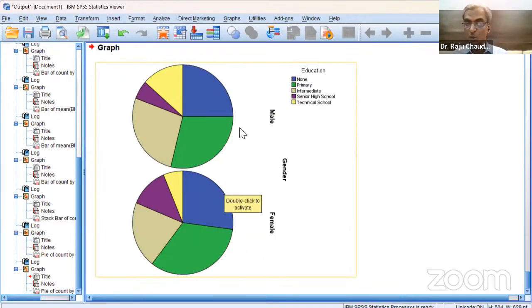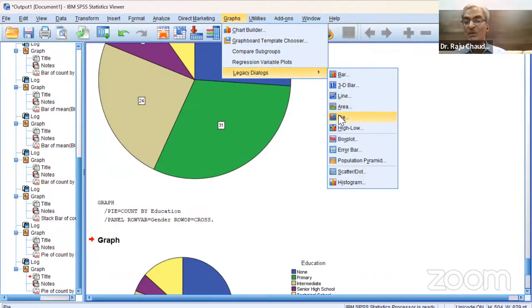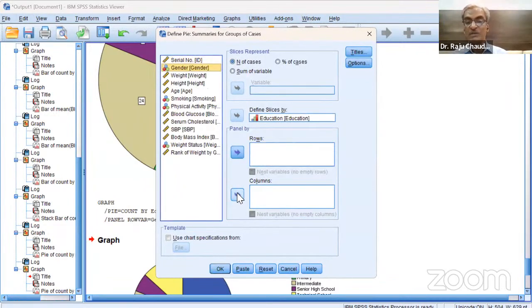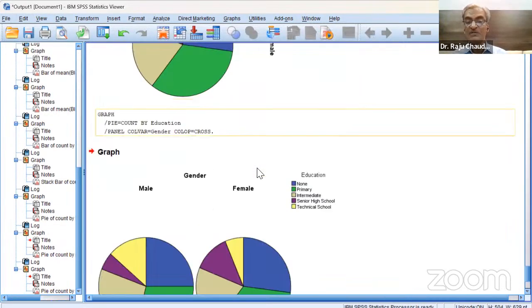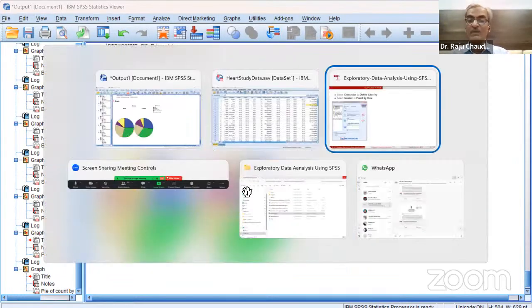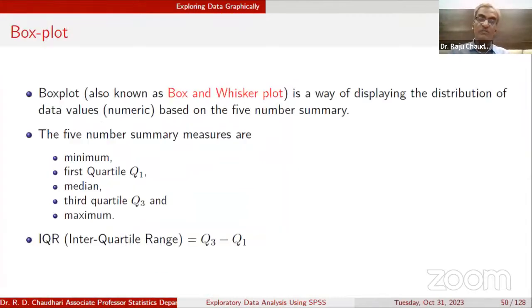Because I have selected row, it gives me the row-wise panel. If I select column, it gives me the column-wise panel, the side by side pie chart. So this is how we can create a panel-wise pie chart. So this is all about